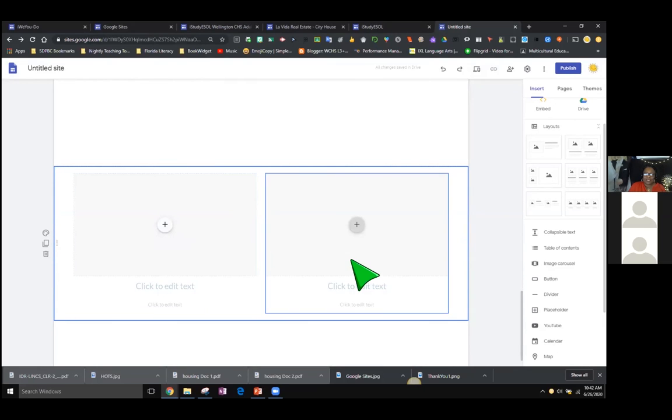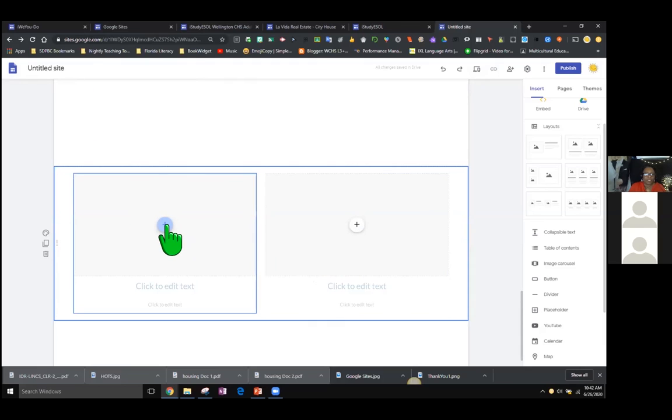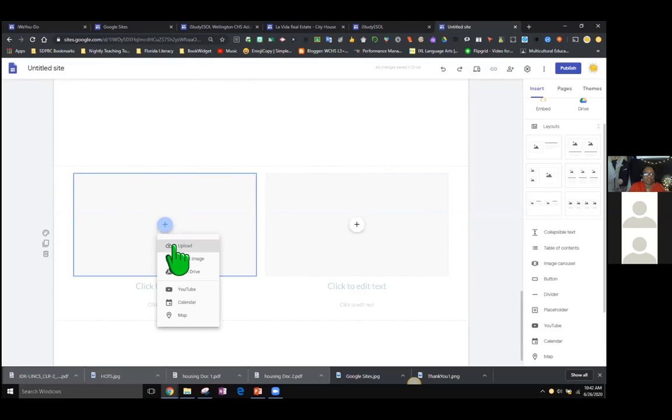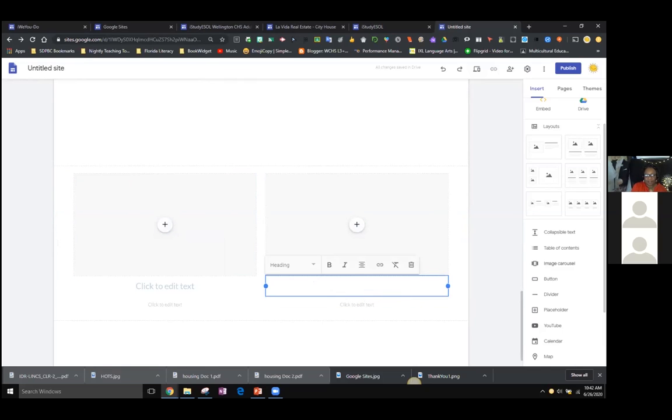And what it does is it keeps it aligned for you. So now you can actually click on this and put an image. And click the plus, put an image, and then type text to describe the image. You can also add a video there as well.